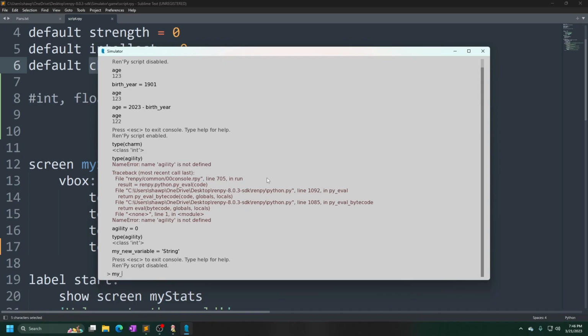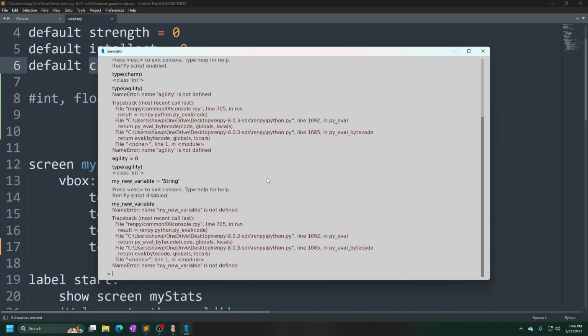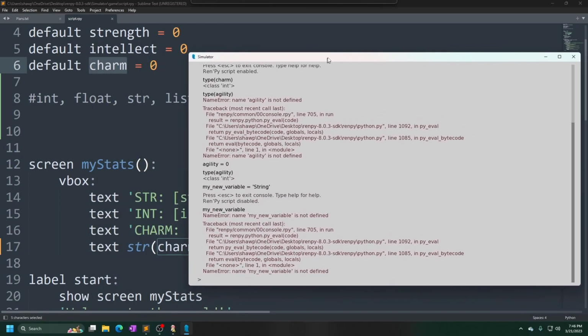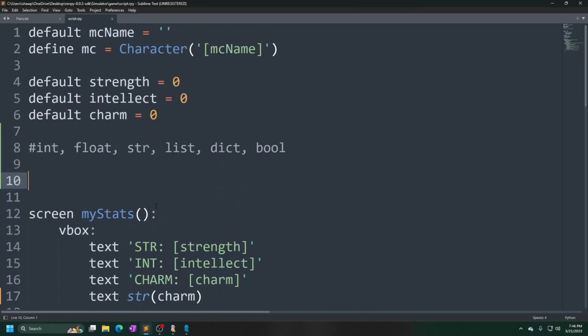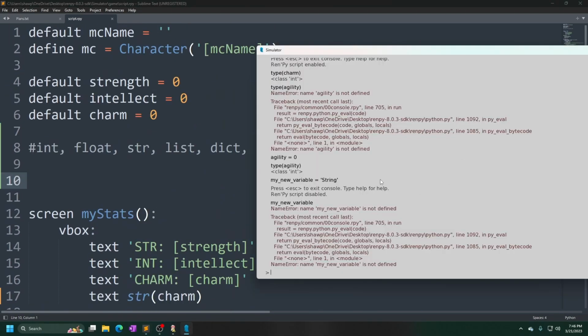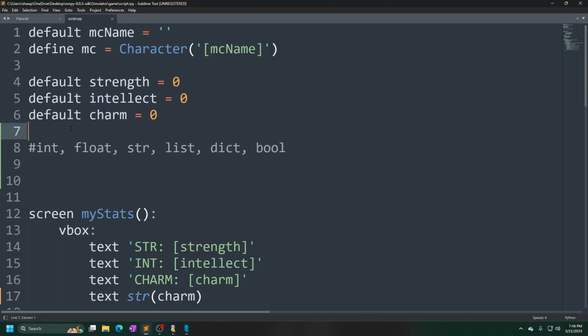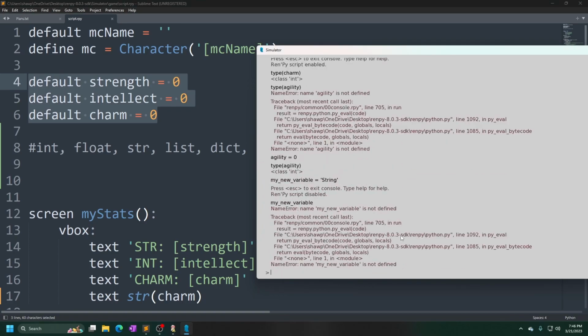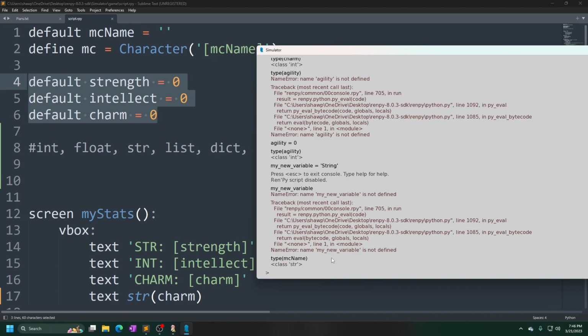What was it? My new variable. Is that a thing? This is not persistent. It's not added to your code. This is just more for checking things along the way. Yes, you can check things that you do have, and also you can check for things that you don't have, like just temporary. We're gonna check the string or type of MC name, and we should get class string because